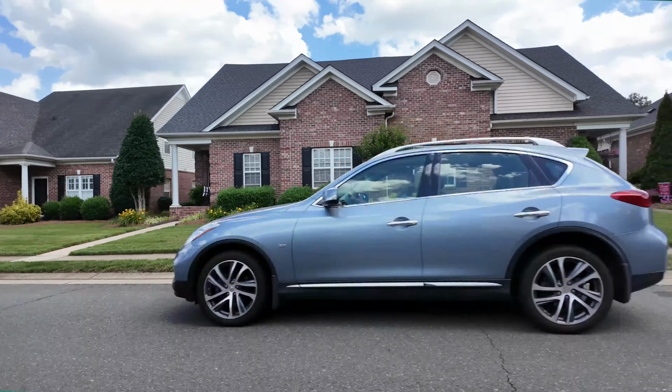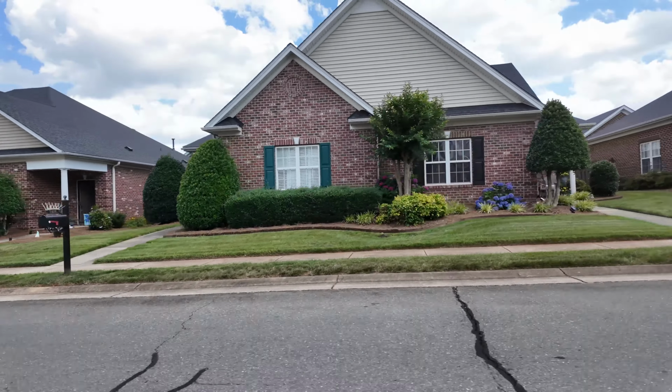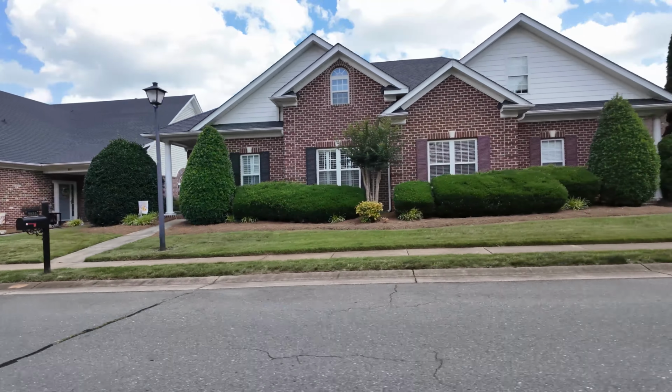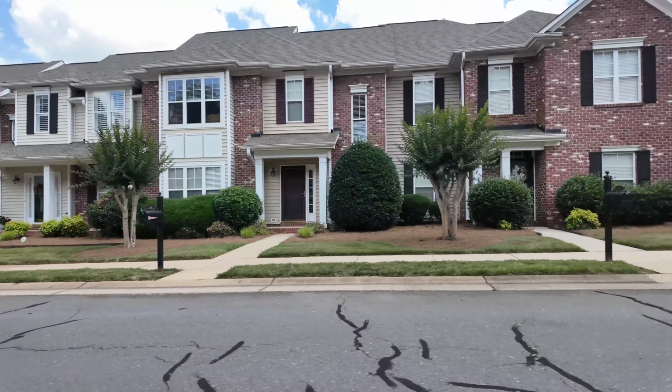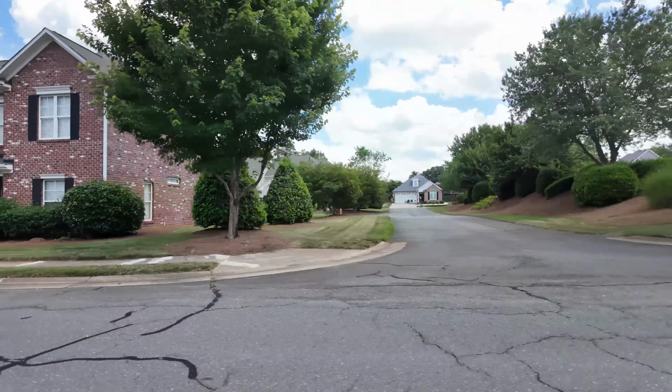The HOA is going to be a little bit on the higher side, $225 a month. However, that does take care of all the exterior maintenance of your unit, as well as the landscaping and upkeep of all the common areas. You're minutes from downtown Kernersville. Like I said, you might even be able to walk there, honestly, and you're about 19 minutes from downtown